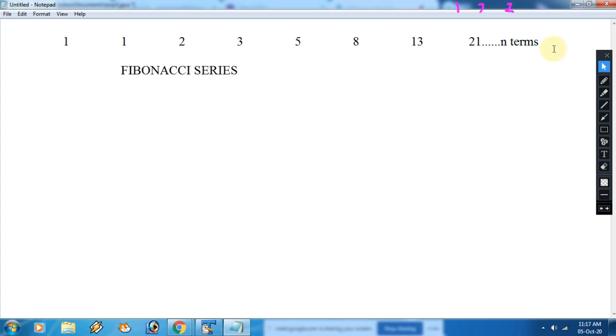So we are going to do this question. Okay, just try to implement. If you will get it, very good, otherwise we will discuss. Okay, so this Fibonacci series, this type of series in which the third term is coming by adding the first two terms, and it can start with 1, 1, 2, or it can start from any other number also, that doesn't matter. So now just try this program yourself for n terms. Okay, do it now, then we will discuss.